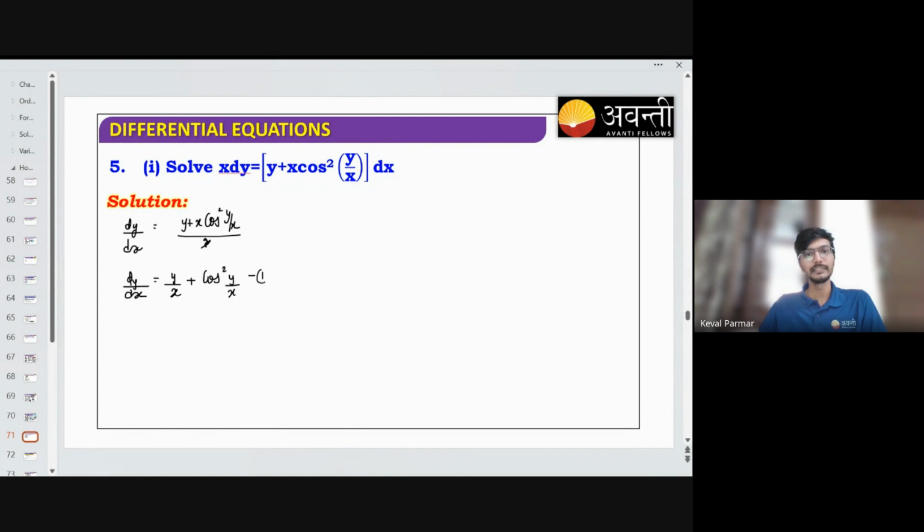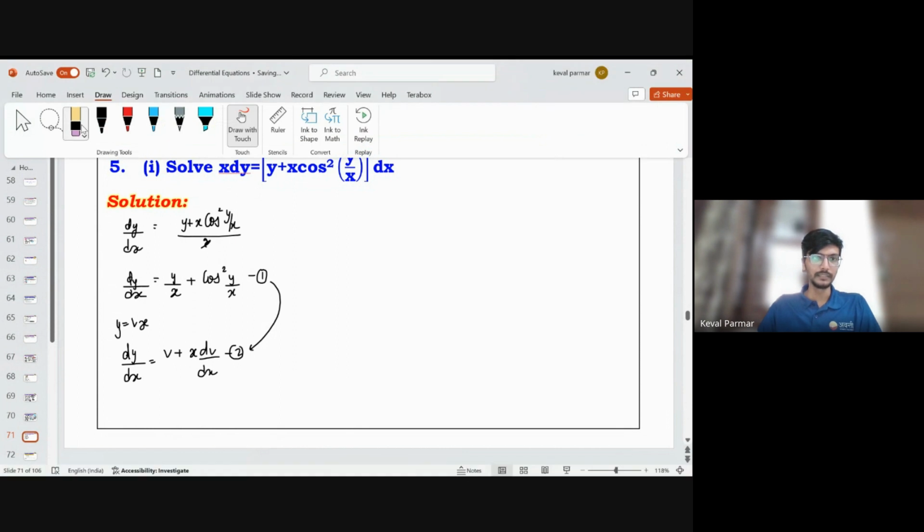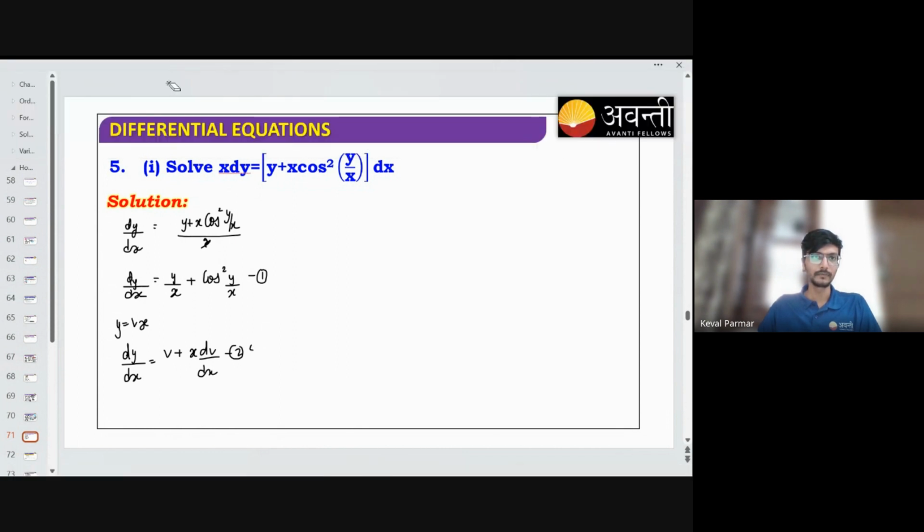Let me mark this as equation number 1. What is the substitution? It is not x by y, it is y by x only, right? So our general substitution is y equals to vx. This means dy over dx will be equals to v plus x dv by dx. This is equation number 2. Substitute this here. So I'll get, wait 1 second. This equation will now become,